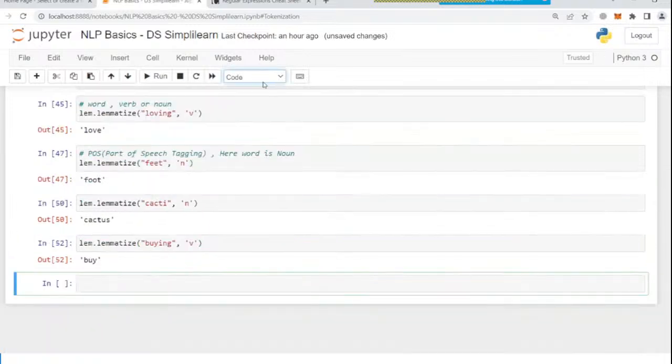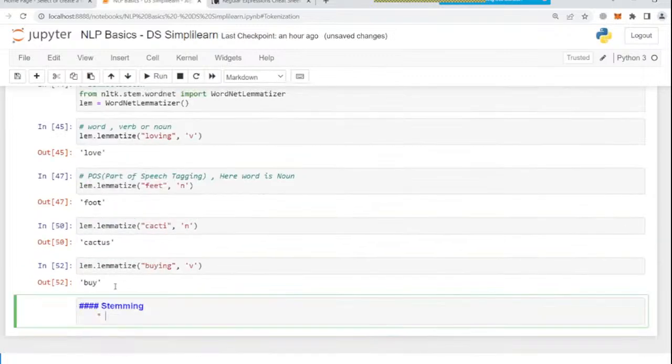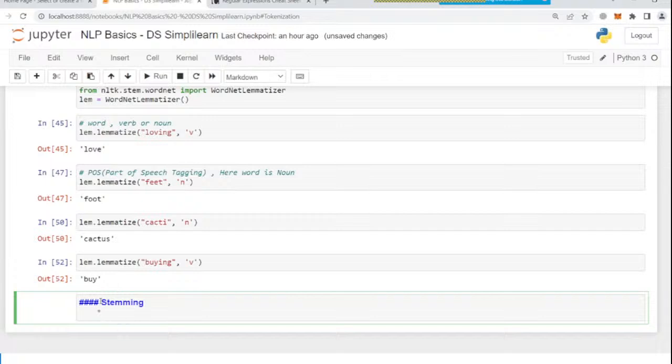Okay, but there is another thing. Sometimes you have to go through a process of stemming here. Stemming is also doing the same thing as lemmatization, but the difference is that stemming is a process of chopping off